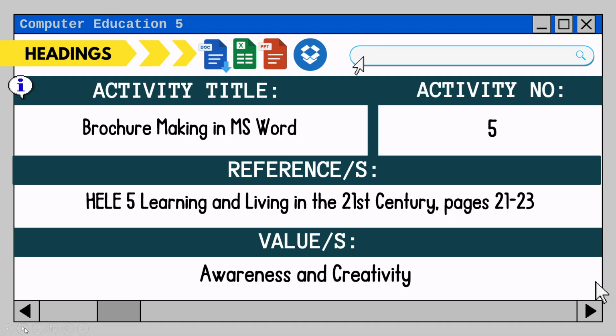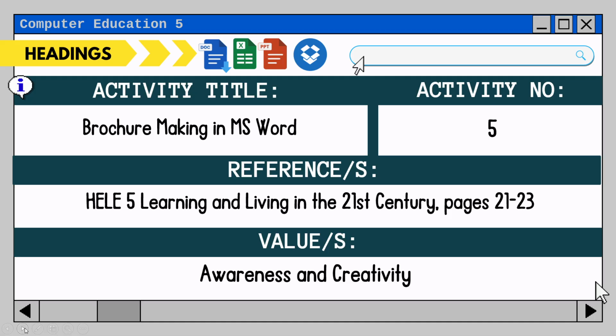Now, I also uploaded on MS Teams the LAS, or what we call the learning activity sheet, on this lesson about brochure making in MS Word. I hope you have seen that one, because I did not ask you to write in the activity sheet, since we did not have enough time to do that due to the class suspensions.